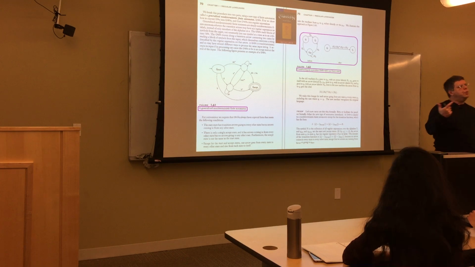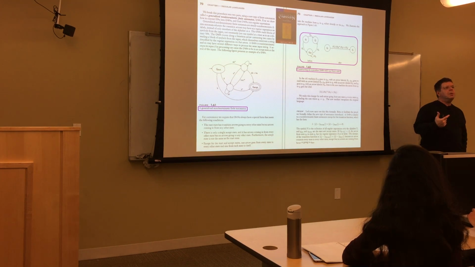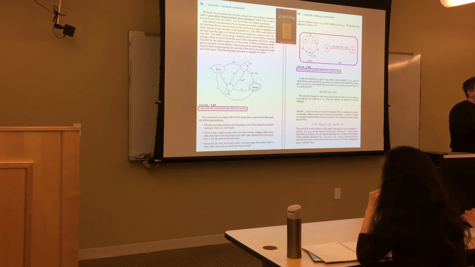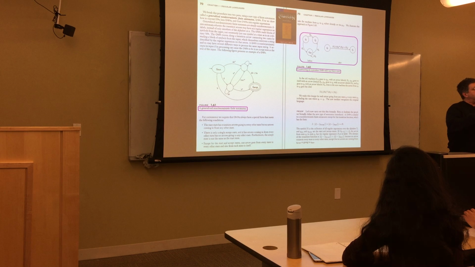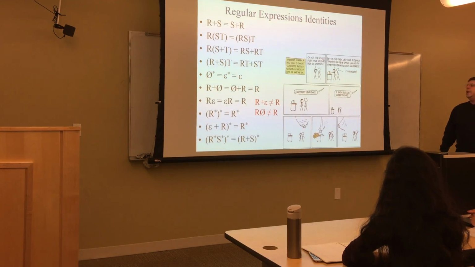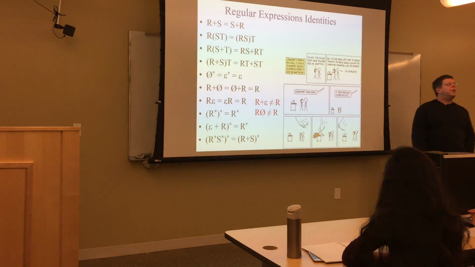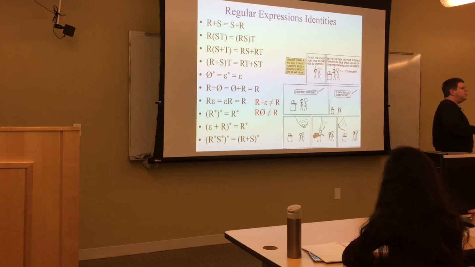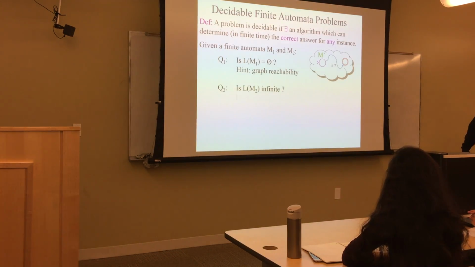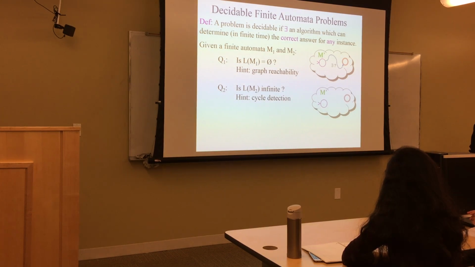So that gives us two equivalences in terms of characterizations. Every regular expression has a finite automaton that accepts the language denoted by it, and every finite automaton has a regular expression that represents the language accepted by that finite automaton. So it's a two-way street, and therefore regular expressions and finite automata both characterize the exact same class of languages, namely regular languages. So we also went over some regular languages and finite automata decidability